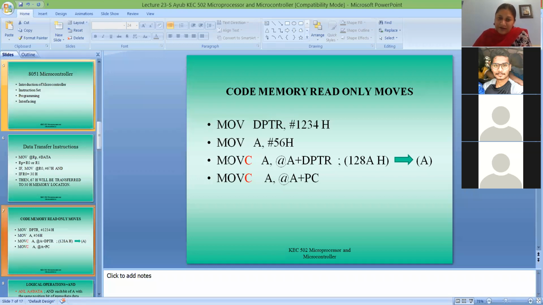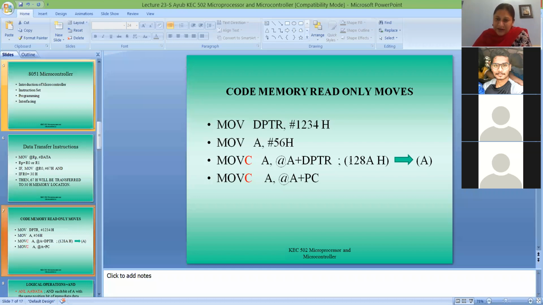Now suppose I write this particular instruction, MOVC A, @A+DPTR. Then what happens? The DPTR contents, that is 1234, will be added to the accumulator contents, that is 56, and a new memory location is generated, A+DPTR, that is 128A. It is generated because of the addition of the accumulator contents to DPTR.